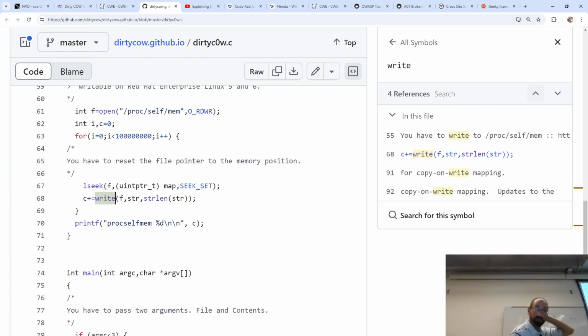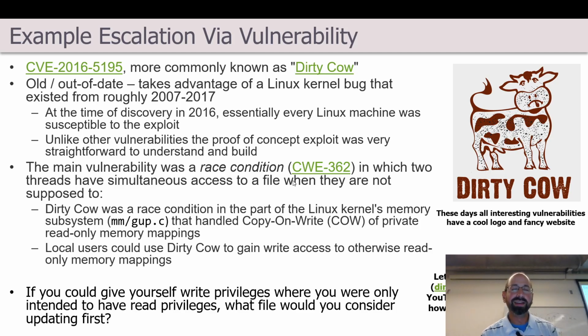And I can't say for certain. We could probably test it to see where it actually succeeds. But we tried 100 million times. They're both doing those things effectively concurrently with each other. They're two separate threads. And eventually the ordering is just so right that it writes to that region of memory that it wasn't supposed to. And that's what that one line executable you're doing in that lab is doing: launching two threads, just attempting over and over again. Because of this well-known common weakness in software, it is hard to write multi-threaded software correctly. In this case, it was mostly correct, and mostly correct was good for a whole decade until it was discovered that in fact it wasn't good enough and you had this ability to write to memory here.